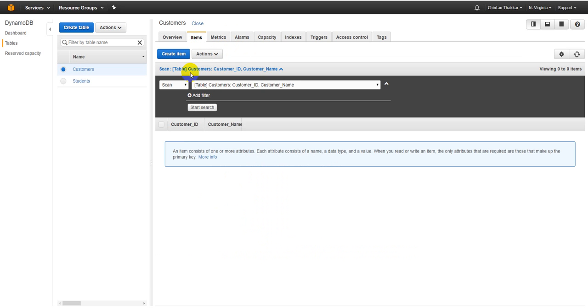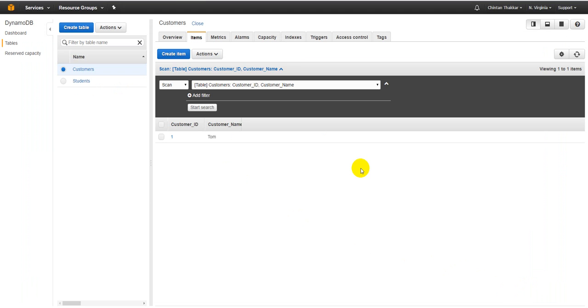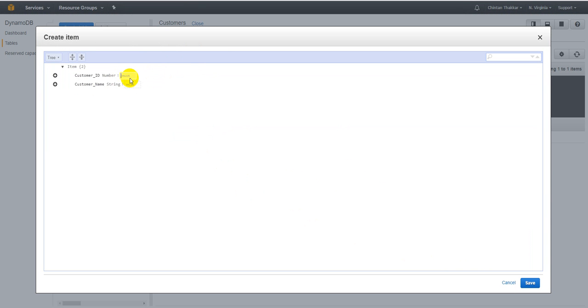Now, let's add some more data into the customers table. Okay. So just click on create item and you can insert a customer ID as 1 and customer name as Tom. Click save. Again, enter something, create an item. Let's enter at least 10 records, right? Tom, Don,